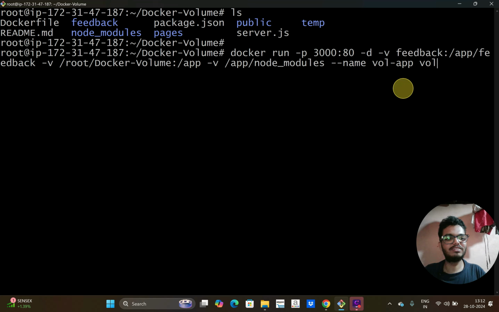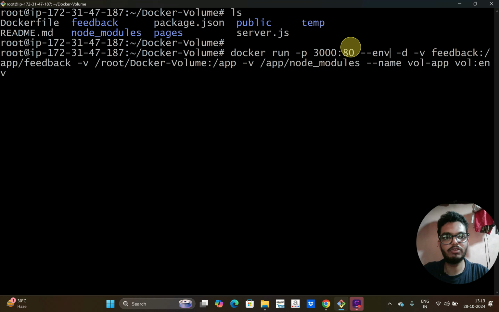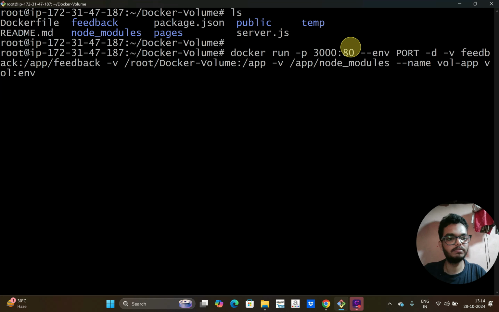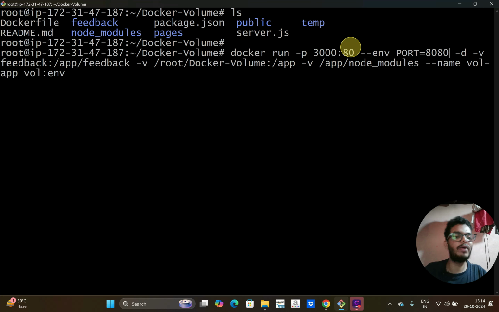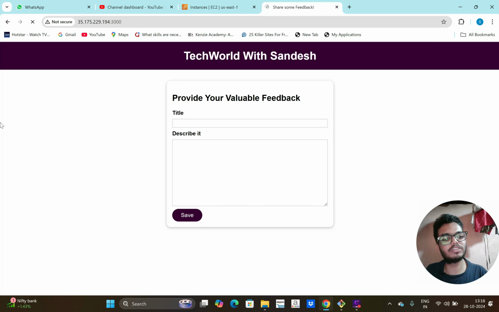The image is created now. Let's create a container now. I can use the same command that I used in the previous session, but for the image I will add the env tag. Also here you can see the internal port is 80 only, because in the Dockerfile I have mentioned the default port as 80 only. If I want to override that while creating the container, I can mention the --env flag. This is for environment variables. Then I can add the environment variable name, that is PORT. Then I can mention a different port here. So I have added port 8080. I have to mention the same port here also. That is 8080 instead of 80. Now the host port is 3000 and the application port is changed to 8080. That's it. Let's run this command now. So the container is created now, and in the browser also the application is working fine.